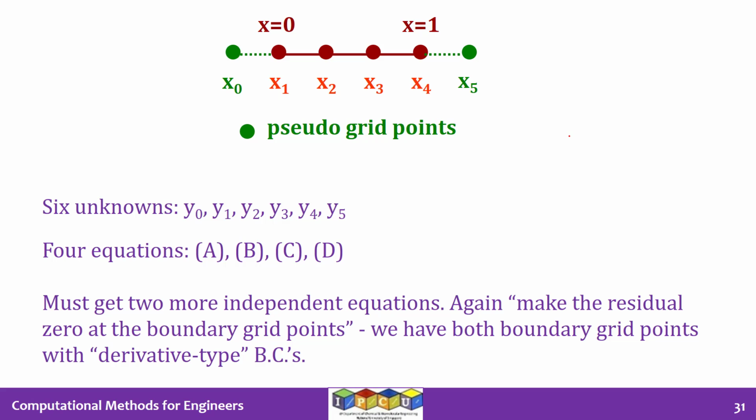All right. So the value of y at the fictitious point x is equal to x0 is y0. The value of y at the fictitious point x is equal to x5 is y5. y0 and y5 are there only for mathematical convenience. They are not physically present in the reactor. The reactor starts at x is equal to 0 and ends at x is equal to 1. That means the real physical system has only x1 as the left boundary and x4 as the right boundary. We are just extending it on both sides to handle the derivative boundary conditions.